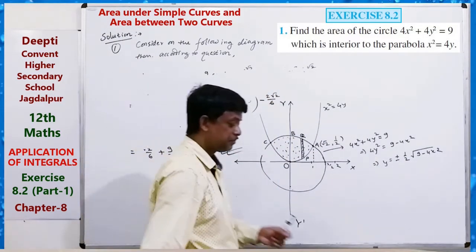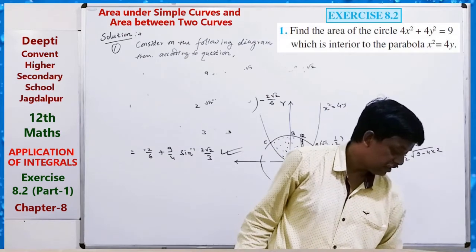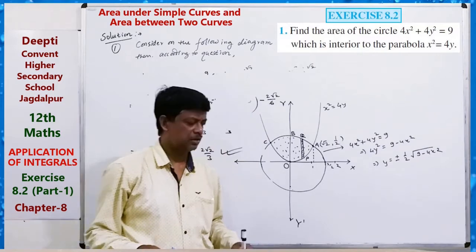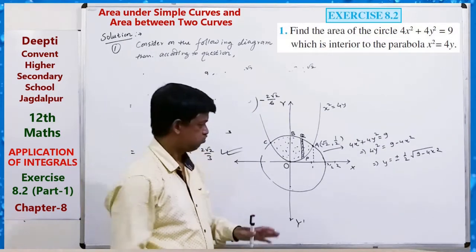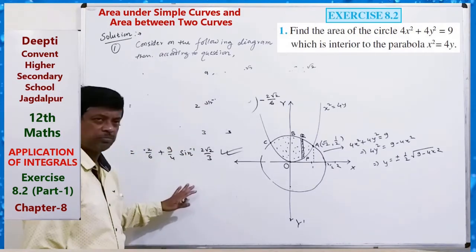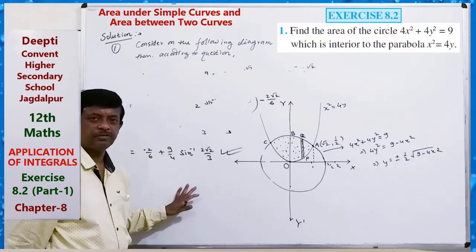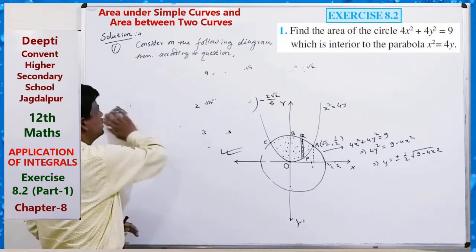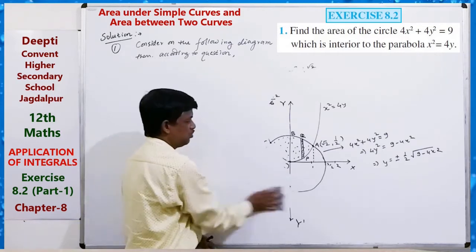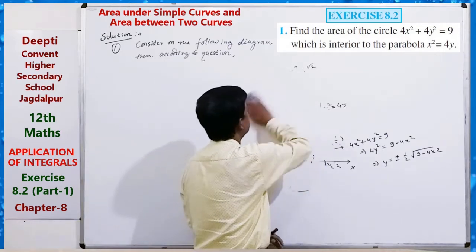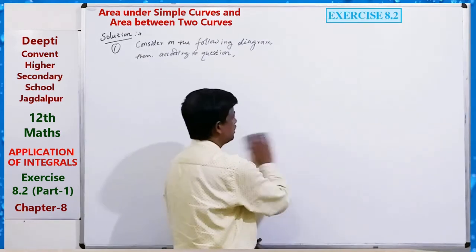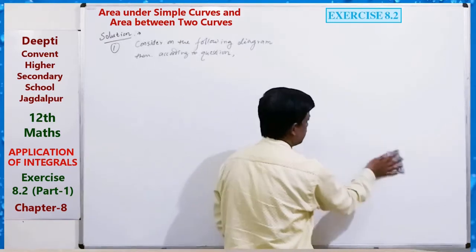Question second is what? Find the area bounded by the curve x minus 1 square. Now 2-3 questions I will give only the main discussion, and finally you have to get the value of the integral. Integration is very simple. Just directly use the formula and put the limit, and you can get the value. That will be the area. So the main thing is, first of all you have to identify the curve and the region.